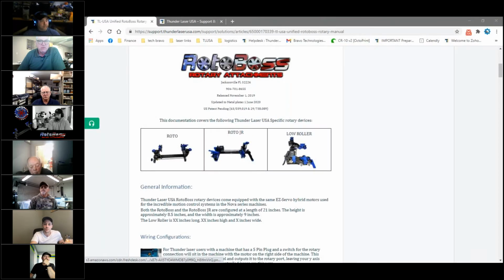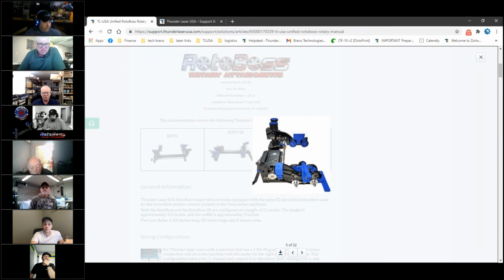While we're on the Rotoboss, what's the difference between the Rotoboss and the Rotoboss Junior, the different ones? Well, there's three different ones: the Rotoboss, the Junior, and the Low Roller. The Low Roller and the Junior are essentially the same rotary. The only difference between the two is the Low Roller, as you can see there on the far right, is it's got smaller wheels and they're spaced the same distance apart, but they're smaller to allow you to get as much surface area and room out of the bed as possible